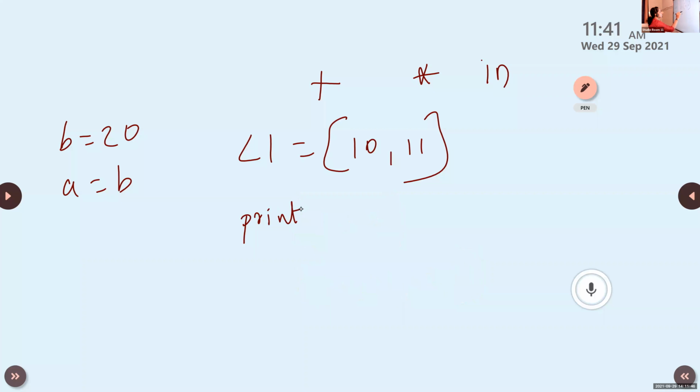Print L1 in L1. What is the meaning of this statement? If that L1 is present in this L1. Here L1 is present. So the result is true.